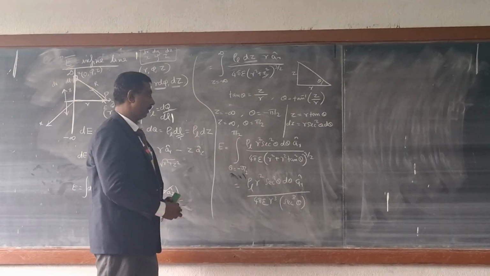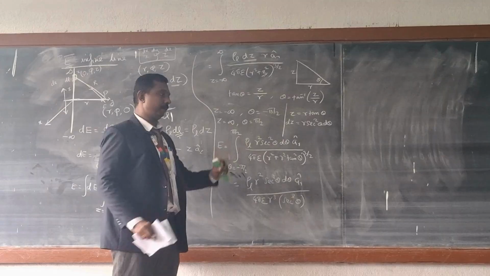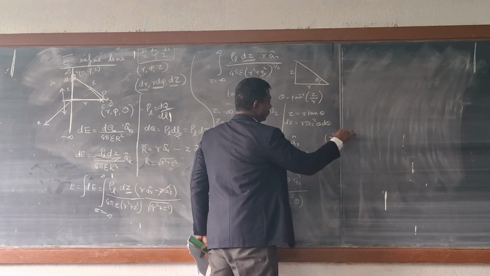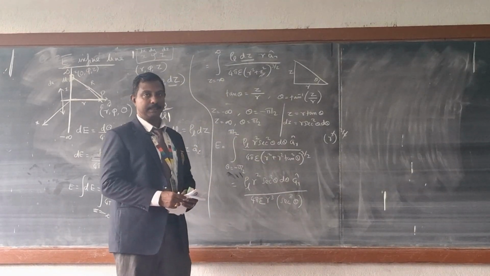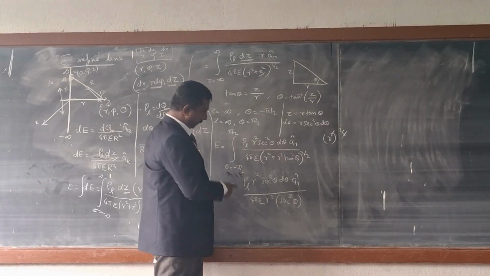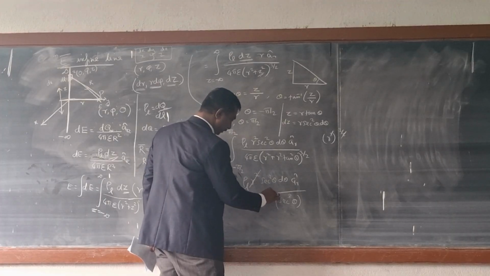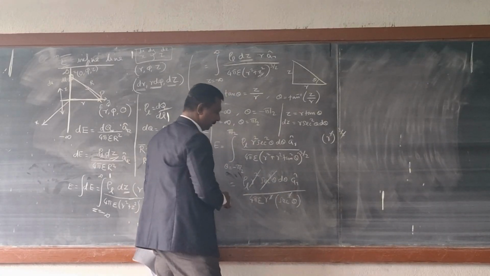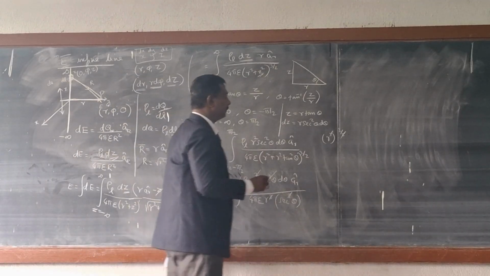Right? I'll explain once again. If I take R square outside, it will be R square to the power 3 by 2. So 2 and 2 will cancel, it will become R cube. In a similar way, 1 plus tan square theta is secant square theta. Secant square theta power 3 by 2 is secant cube theta. Okay. Now this R square and this will get cancelled. Secant square and the cube will get cancelled. Okay. Now it becomes